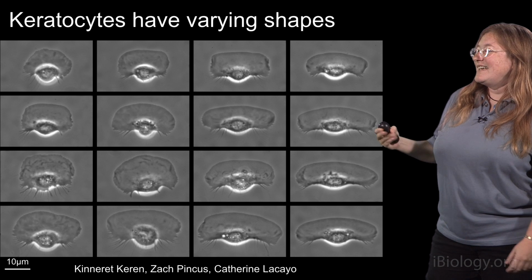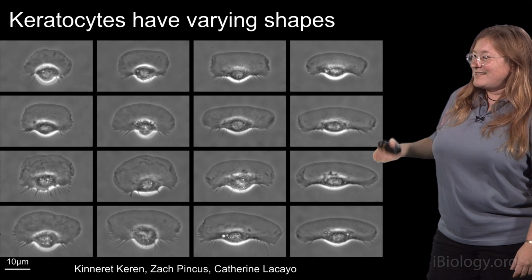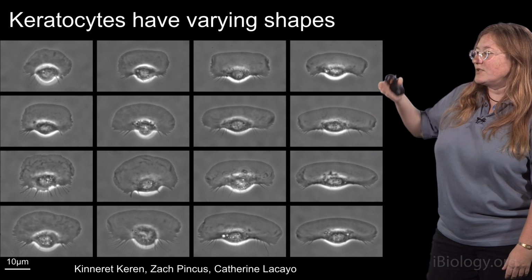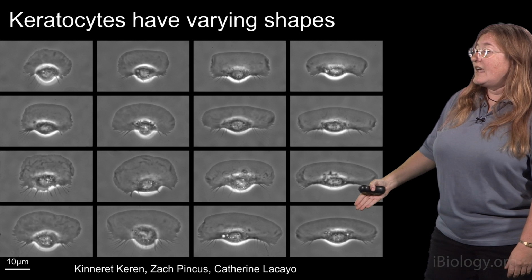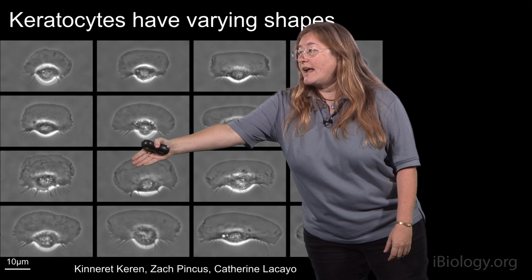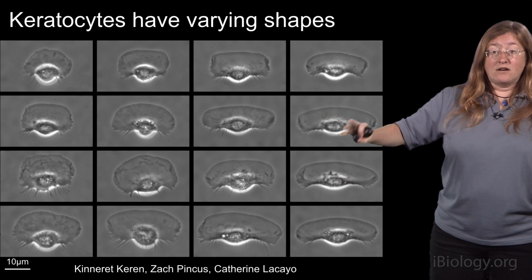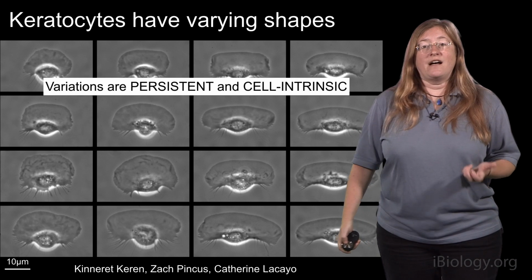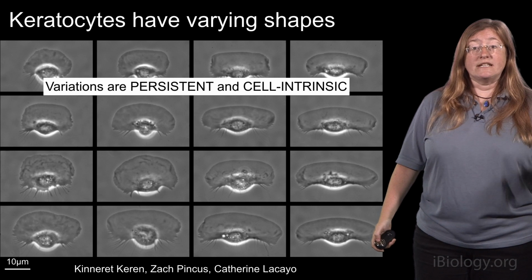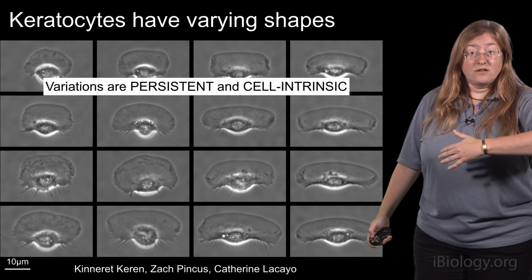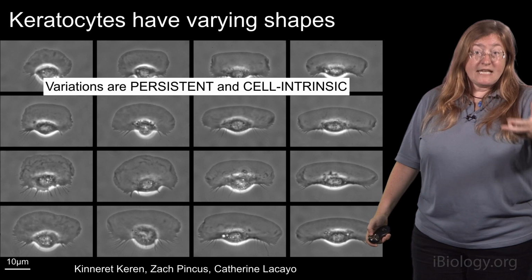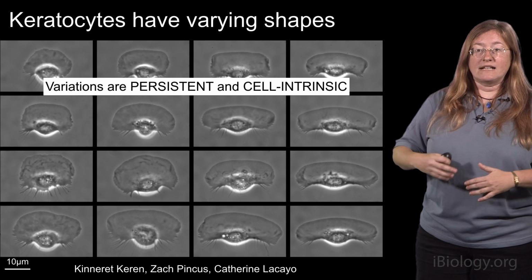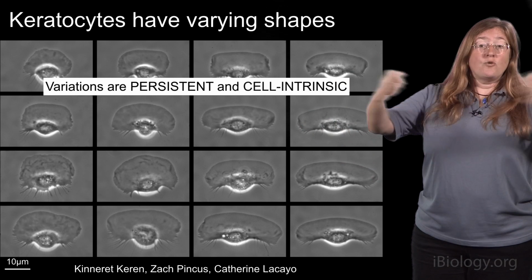Karen, and Zach Pincus, showing that from even one scale of a particular individual fish, you can have quite a lot of variation, both in terms of the size of the individual cells and also their shape. So some of them are quite round, and some of them are quite elongated and almost canoe-shaped. And to summarize a lot of work, what we've been able to find is that these cell-to-cell shape differences are both persistent, so if you follow a cell over time, it keeps its shape, and they're also cell-intrinsic. So if you disassemble all the actin cytoskeleton and let it grow back, it'll grow back to exactly the same